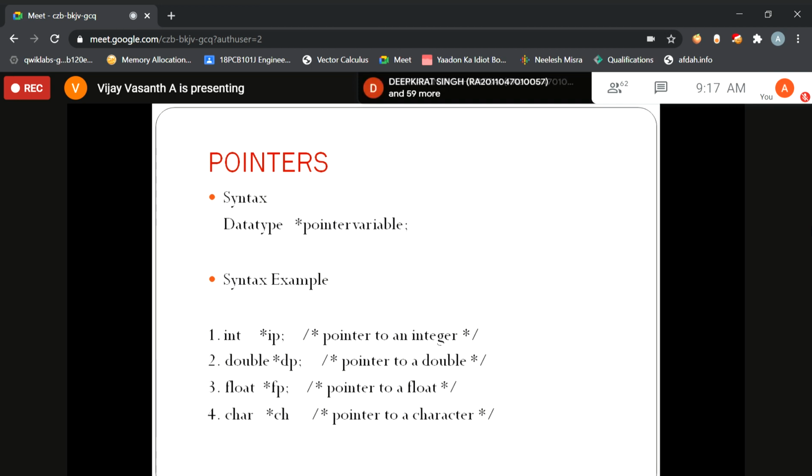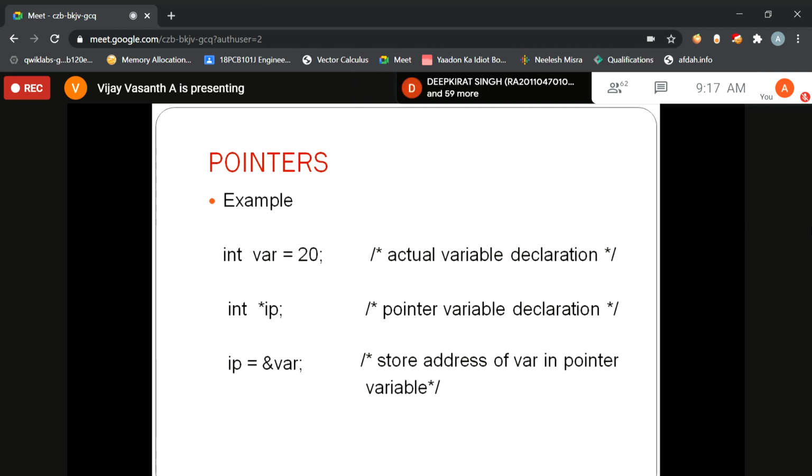Okay, now we will go for a simple example of pointers. For example, int var equal to 20. This is the declaration we commonly use.